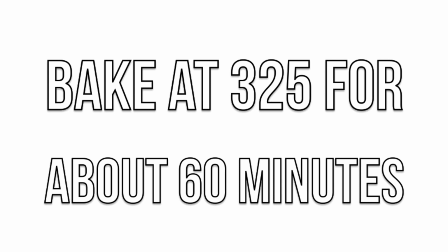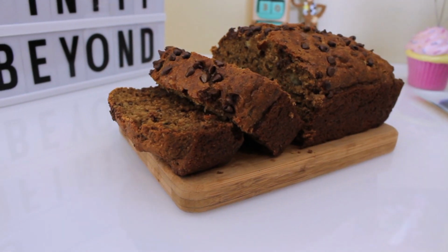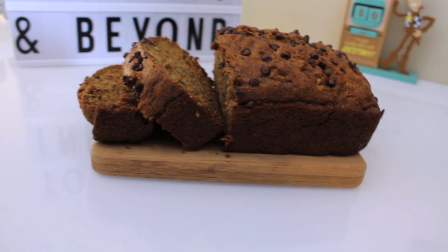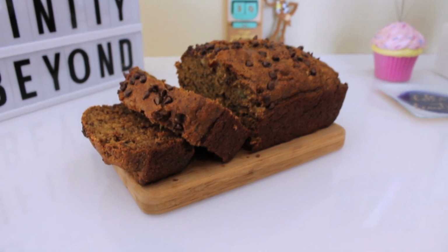Bake your loaf in the oven at 325 degrees for about 60 minutes, and this is what your loaf should look like when you take it out of the oven. I allow mine to cool down for about 30 minutes before I started cutting up some slices,